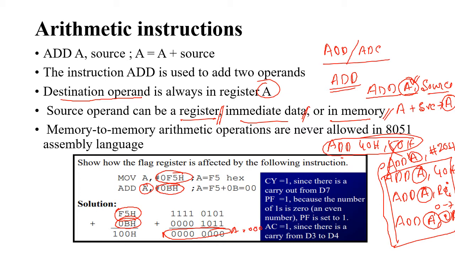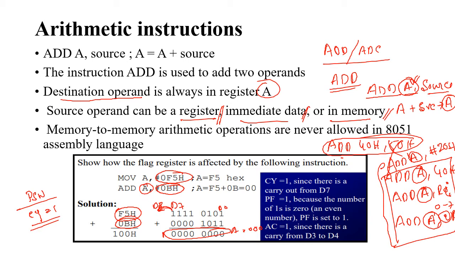The content of the accumulator will be 0, but there is one carry taking place from the D7 bit to the D8 bit. That means in the PSW, the carry flag will be set to 1. The carry flag will be set to 1 since there is a carry out from the D7 bit to the D8 bit. The bits start from D0 to D7. If there is a carry from D7 to D8, then the carry bit in the PSW register will be set to 1.